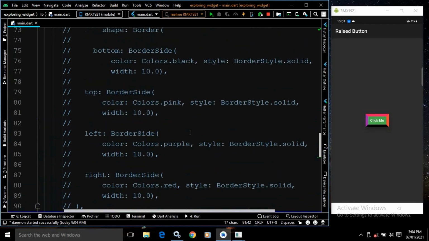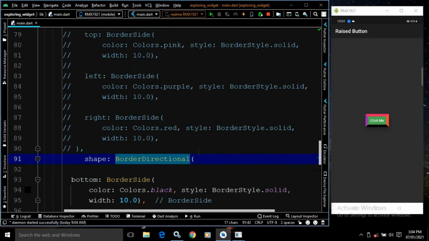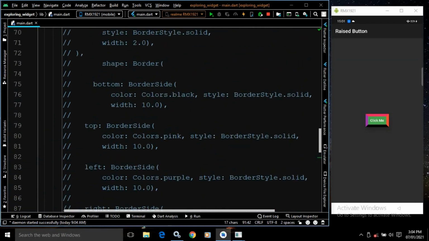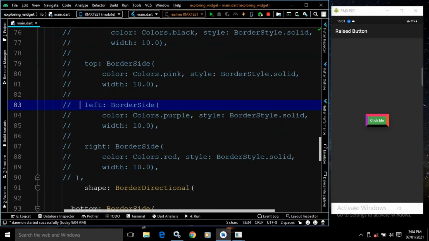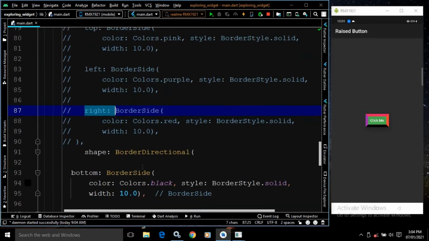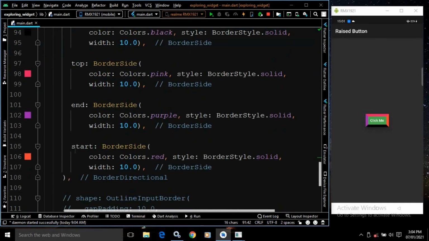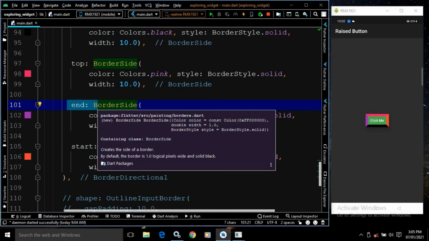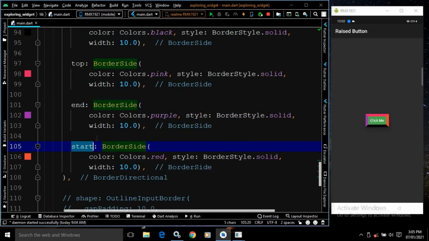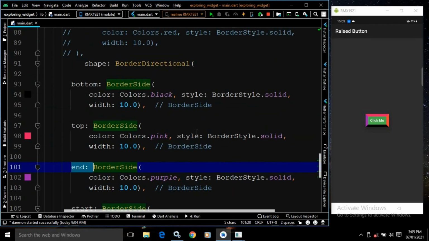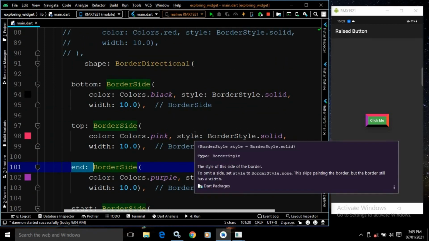The difference between border directional and border side is that in case of border we have used left and right, but in case of border directional instead of left and right we will use start and end. Means for the left hand side we will use start, and for the right hand side we will use end. This means for the left border we will use start, for the right border we will use end. Rest all the features are same for border and border directional.